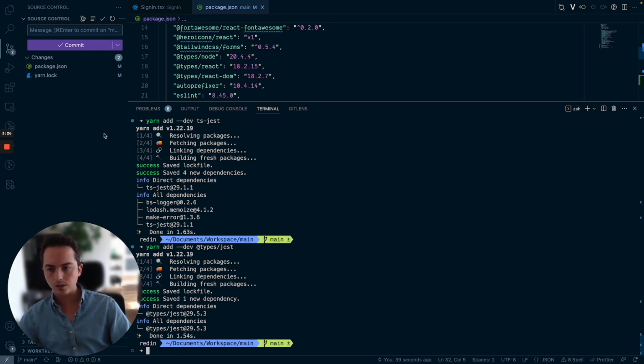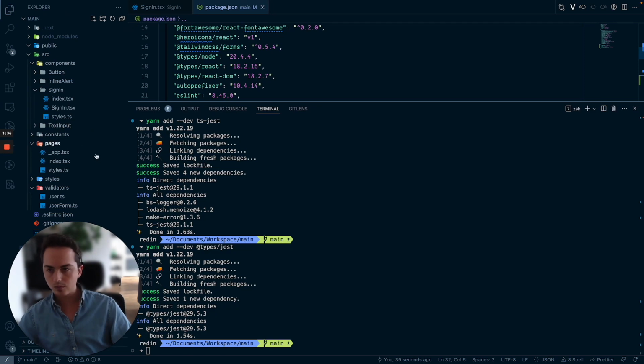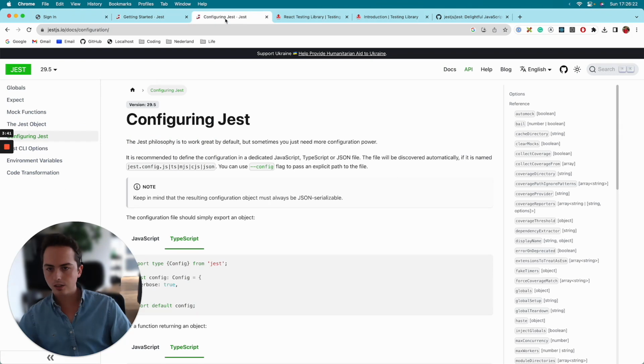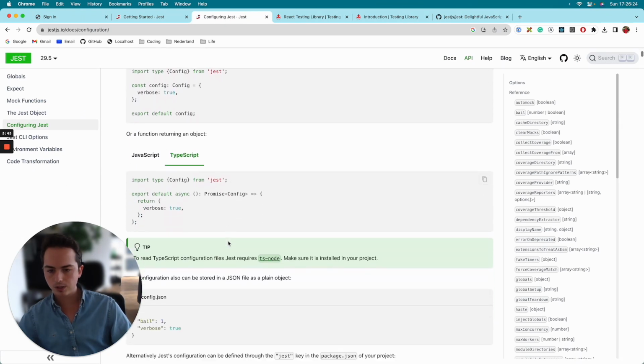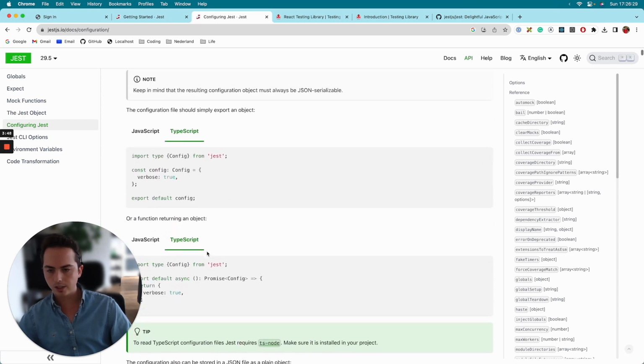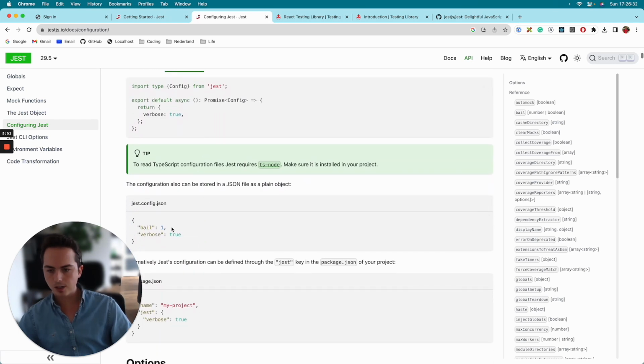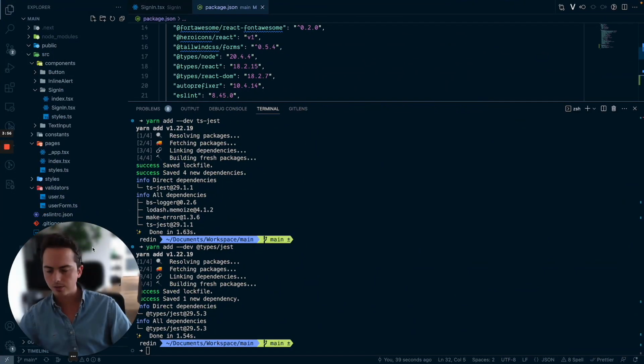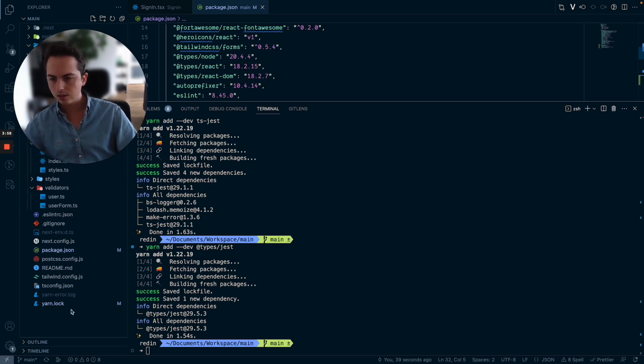And what we are missing right now after installing is some configuration to glue all the packages together, so to speak. To do this, you have some options. You can see here there are some options on how to configure. You can create a function that returns an object, or you can just create a JSON file. I always like to create a JSON file. I always feel like that's easier. So we can create our file here,